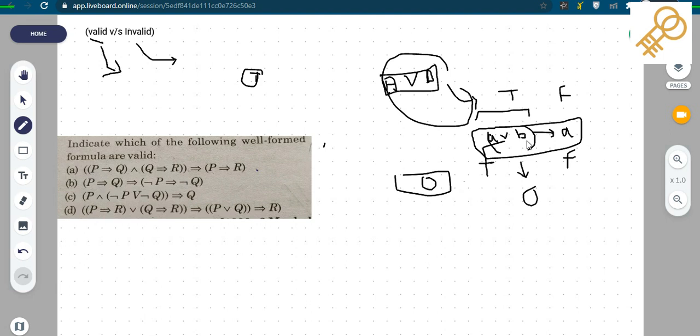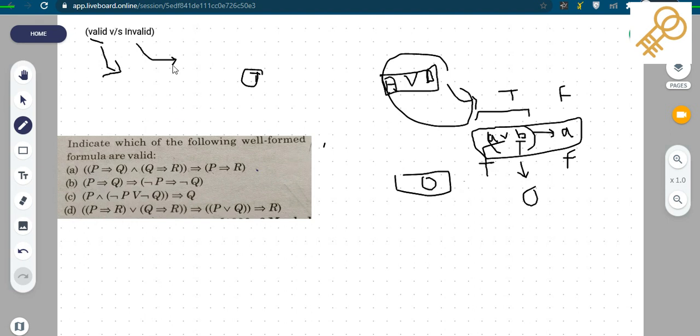This whole given expression, A or B, does not depend only on one variable. It depends on both variables because there is OR. A is already known, but B is not known. We have to prove this as true, so if we put B as true, this whole expression will give us a true value, and true implies false will give us a false value. So we are able to prove that this whole given combination is false. So this will be an invalid relation.